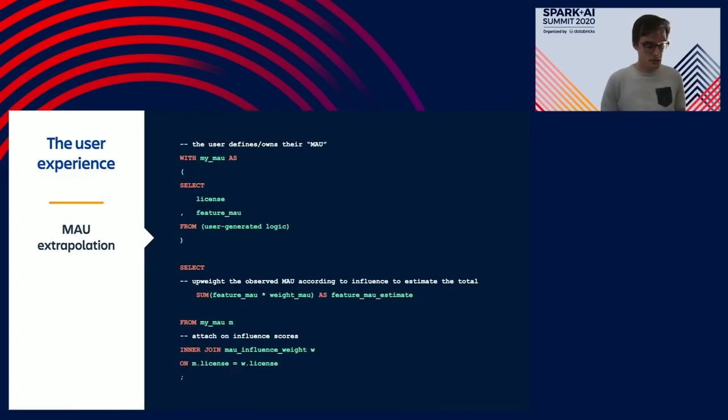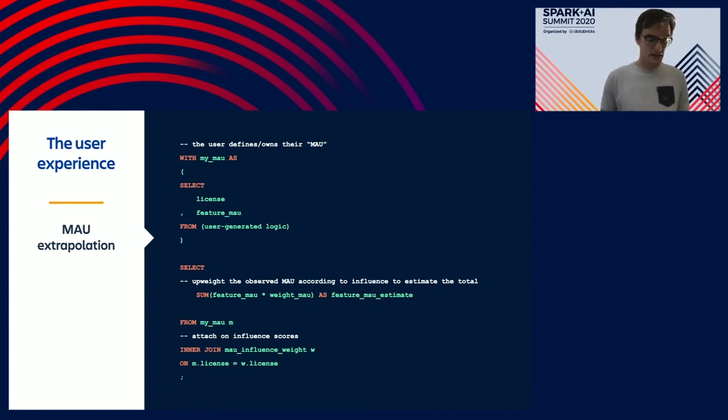And so back to this UX perspective in a bridge code. In this world, the top query again has a user-defined calculation of active users, and the join is a simple attachment of influence scores that they need to use to scale their estimate up. Now, you might be wondering why the earlier code snippets weren't as easy, and this is because it's a distinct count. Data workers can only work with the universe of licenses that were built for this calculation, rather than any arbitrary subset of, say, just these 10 licenses. The limitation here actually creates simplicity for its use, as we no longer have to account for any arbitrary situation.